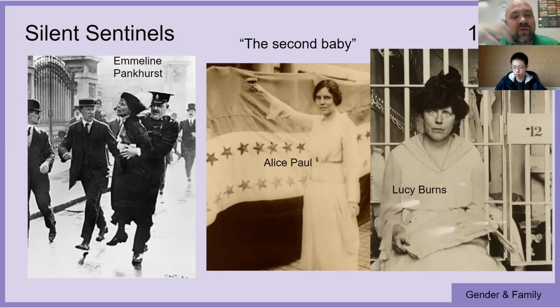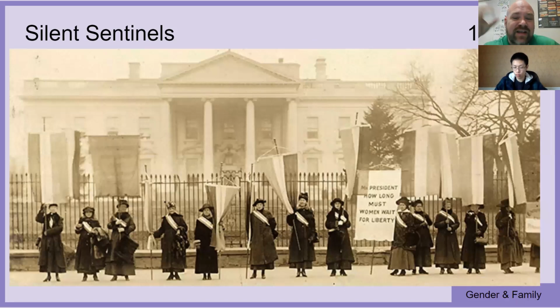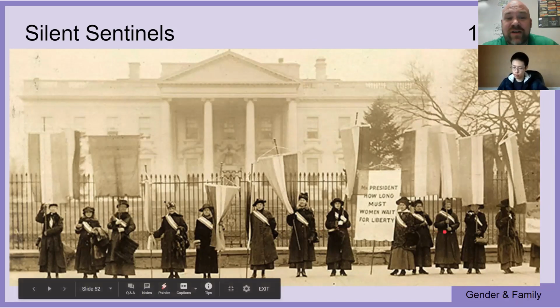And so they decide to start up protests. And so they start up a group called the Silent Sentinels. Now, the Silent Sentinels are an organization of protesters. They start to organize big protests in the streets, blocking off the entire street, right? They're starting to get thousands of people blocking off the streets. One of their most famous protests is outside of the White House. And they just are outside of the White House 24 hours a day, all day long.